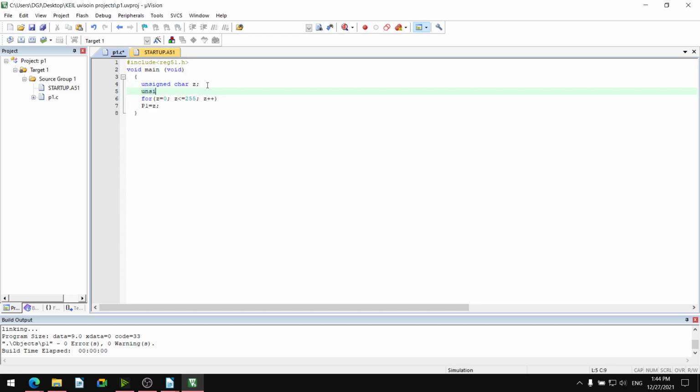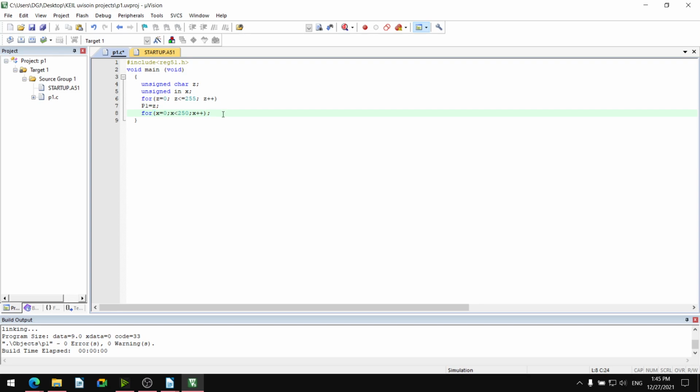I define unsigned integer x, suppose, semicolon, and there will be a for loop: x equal to 0 semicolon, x less than 250 semicolon, x plus plus bracket and semicolon.